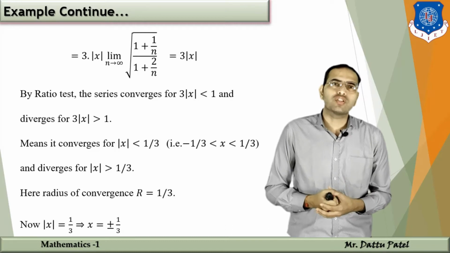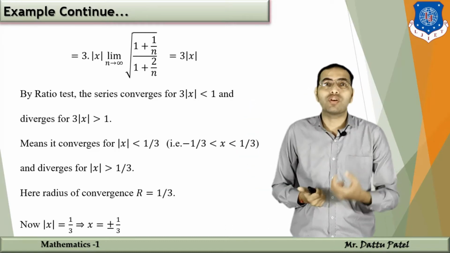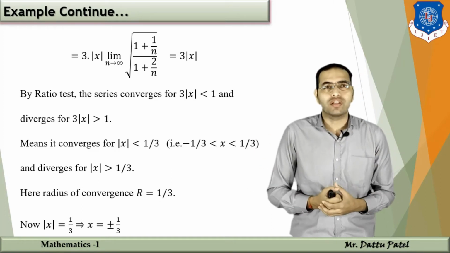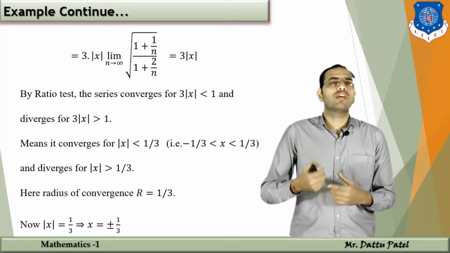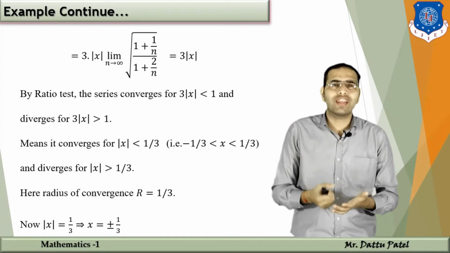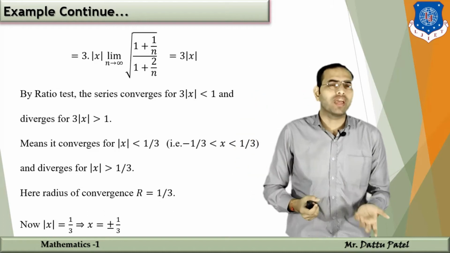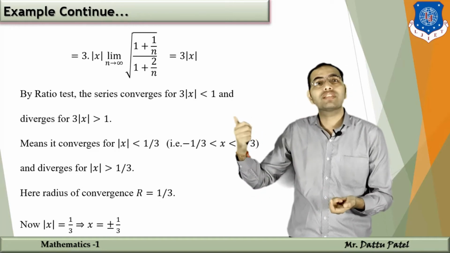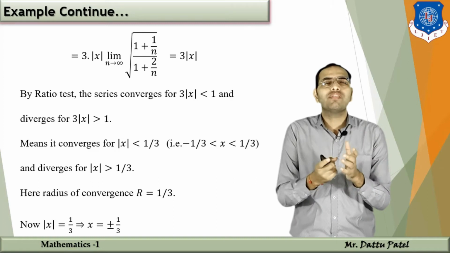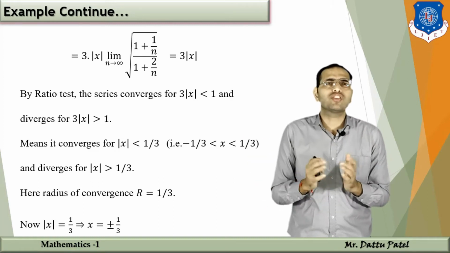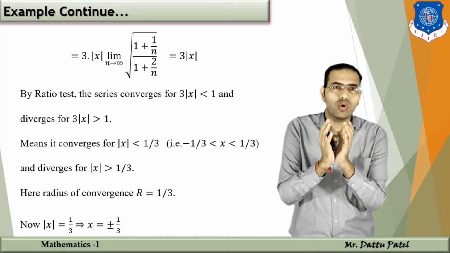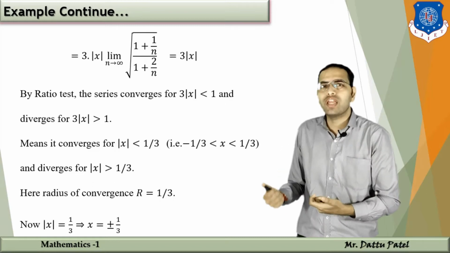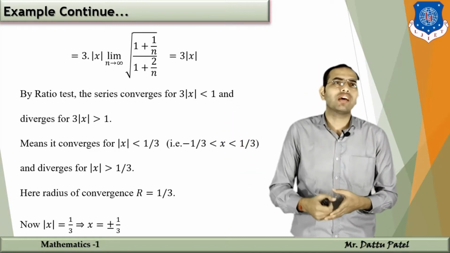Now according to the conditions of the ratio test, the given series is convergent if our limit is less than 1, and if it is greater than 1, then it is divergent. Here we have taken the ratio in the form of mod of u_(n+1) upon u_n. You can take the ratio u_n upon u_(n+1) as you like. If you take the ratio u_n upon u_(n+1), then if our limit is greater than 1, it is convergent, and if our limit is less than 1, it is divergent. Whatever ratio you take is fine. Here I have taken the ratio in the form of mod of u_(n+1) upon u_n. Then if our limit is less than 1, it is convergent, and if our limit is greater than 1,